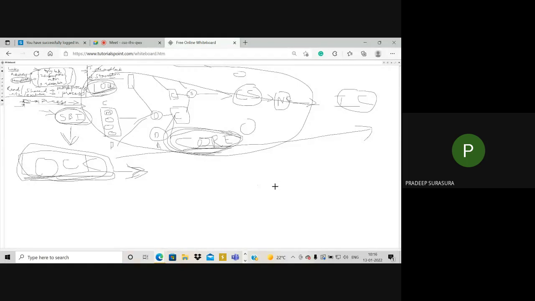Now when I come down in the same way to the particular state, what's happening there? You are the only one person in the entire state accessing your data, and others are waiting. If you come down a little more, others are still waiting for their turn. You can imagine at one point of time how many ATMs are there, how many people are trying to access their data. This is the important thing. If you acquire a lock for the national level, the whole country has to wait.